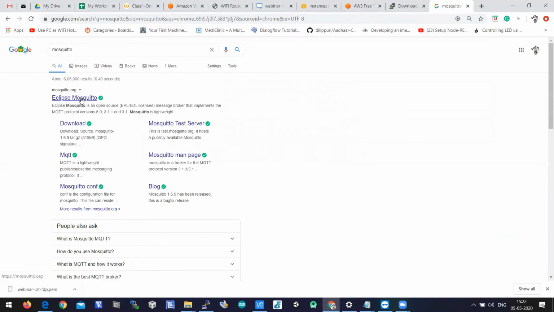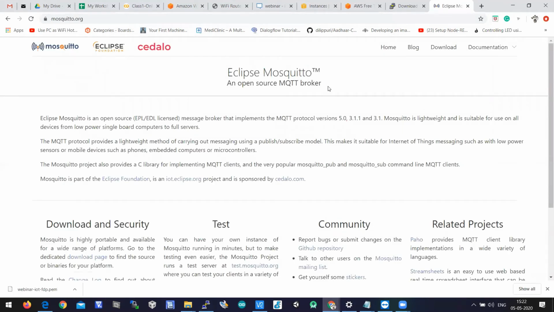As I said, MQTT is maintained by the Eclipse Foundation, and they have given a package to install an open source MQTT broker. The open source MQTT broker is nothing but Mosquitto.